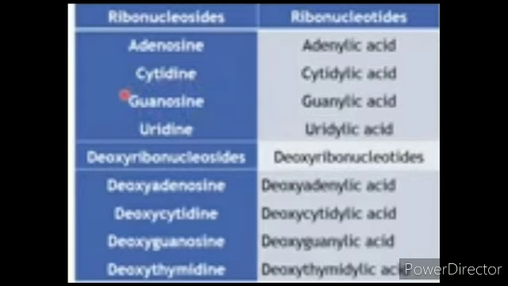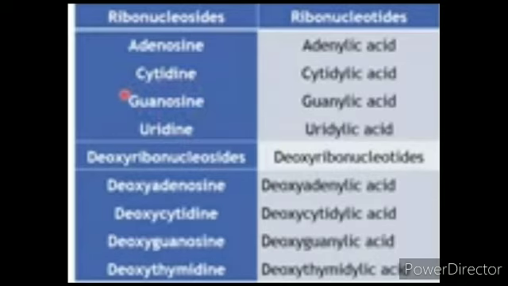First we'll go through the adenine base. Adenine plus deoxyribose sugar gives deoxyadenosine. Guanine plus deoxyribose gives deoxyguanosine. Thymine plus deoxyribose sugar gives deoxythymidine. Cytosine plus deoxyribose sugar